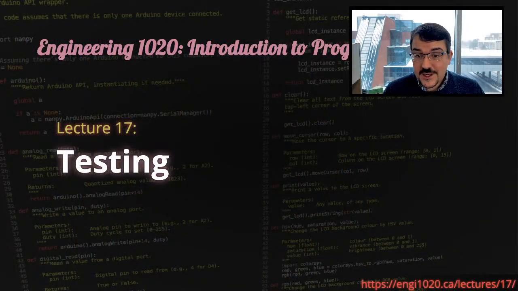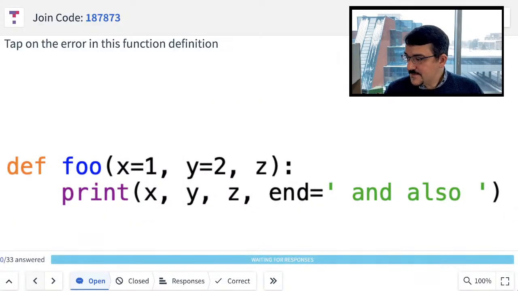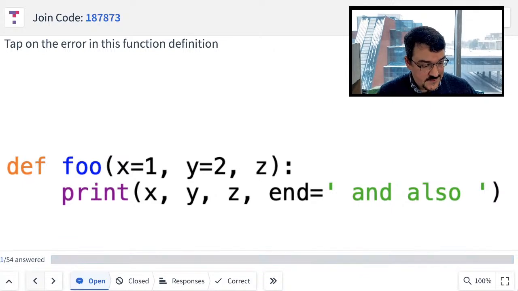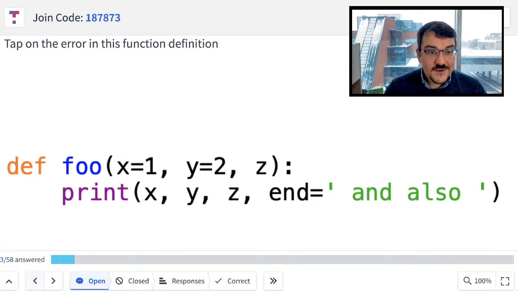Let me start off today. Yeah, there we go. Lots of hellos coming by. That's fantastic. Let me start out the day by asking you a little Top Hat question. See how we do with this. So there is an error here. Where is it? So while people are starting to answer that question,